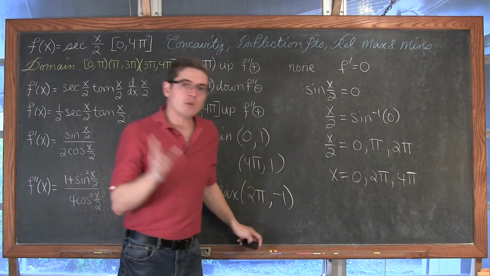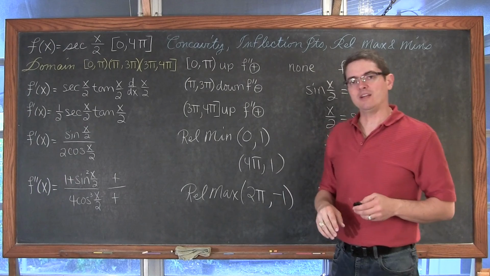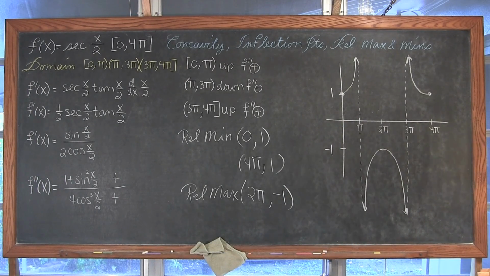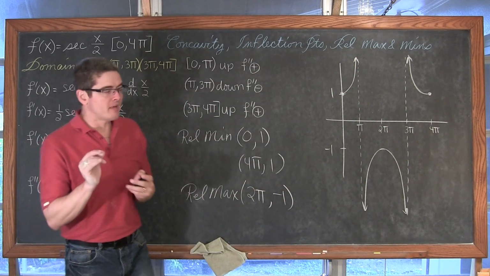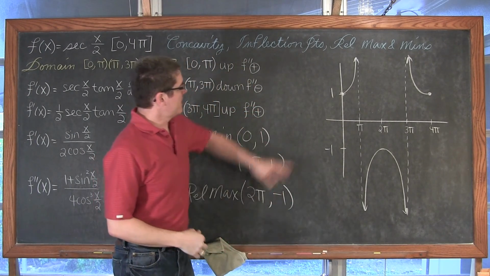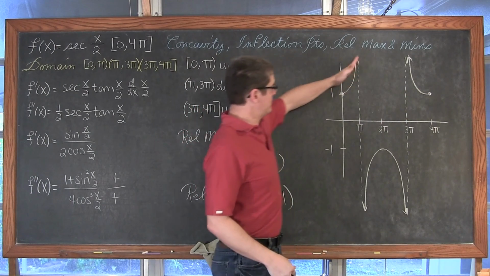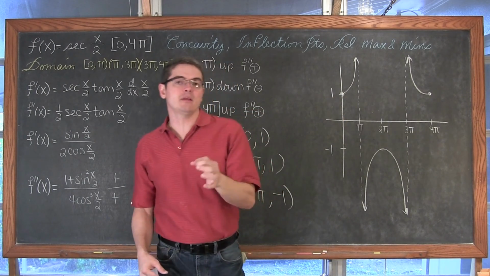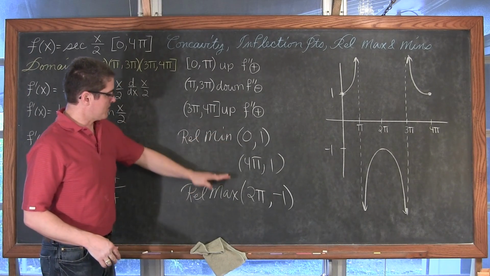So that's the end of this example. I'm going to step out and give you a sketch of what this graph looks like, just to tie it all together if you need it. There you go. There's our graph, and before we leave, I just want to make a note. If this was an open interval and not a closed interval, then we would not have been able to identify any relative mins at this point, because we would be approaching that y value of 1, but not actually becoming the y value of 1. So it was closed, so we do have those relative mins and max.